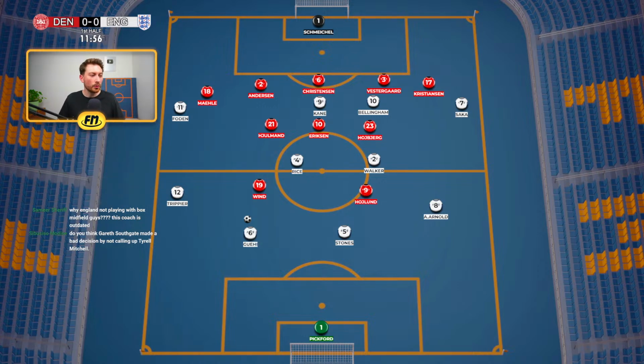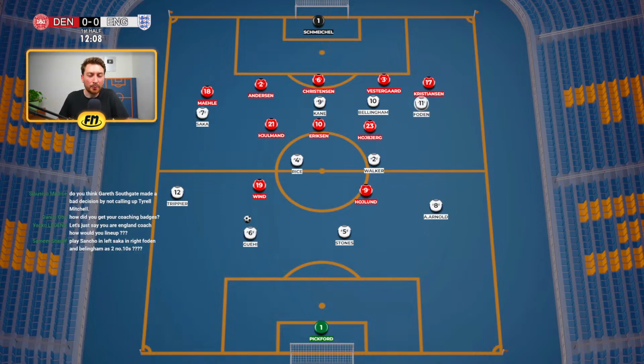So Leon, Saka would thrive as the left wing just because of how dynamic he is, and Foden or Palmer could be moved to the right, where they would benefit from Walker's right-footed overlaps, complementing their play style. So I think if you're going to go Saka on the left, I think Palmer makes sense on the right,